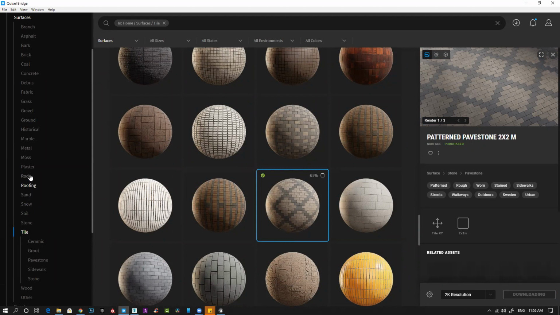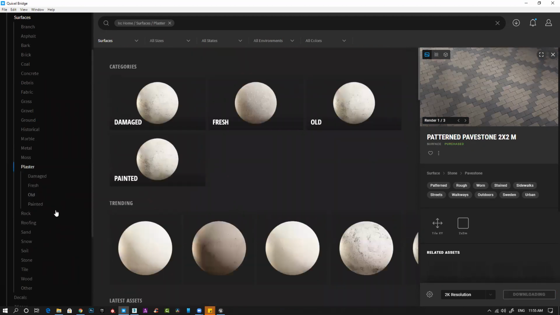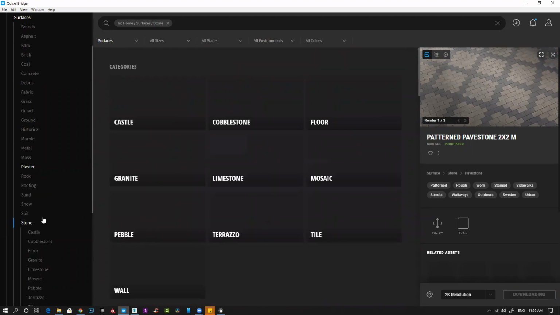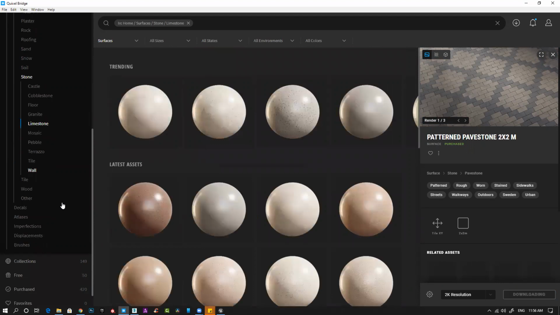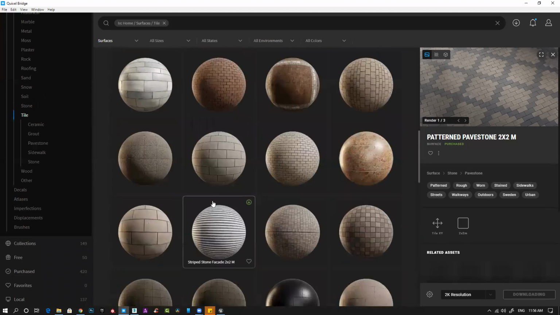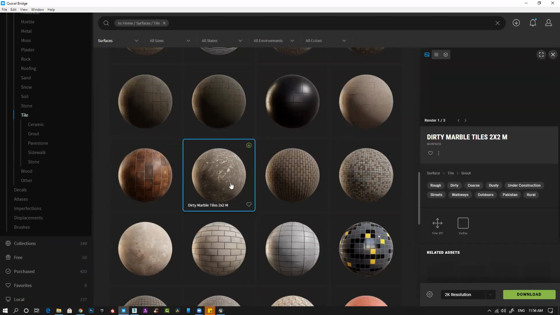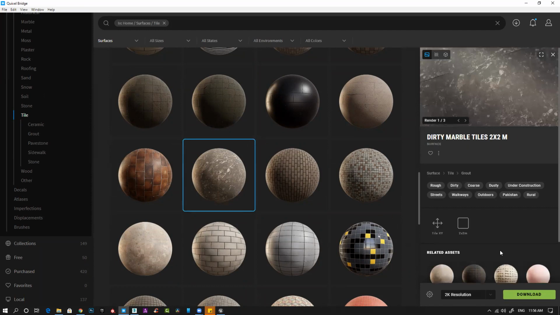And for the side, like plaster and all, for this border, I can use something else. Maybe let's check some other tiles also. Let's use this one, dirty marble. I'm just randomly picking some textures and downloading.